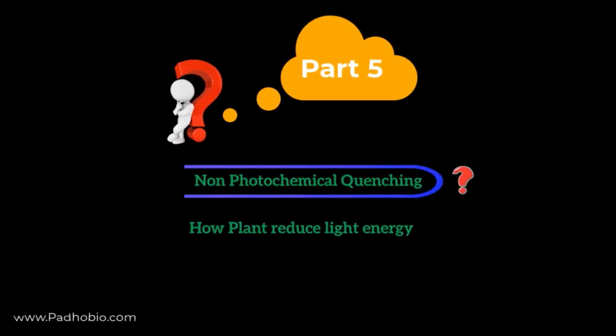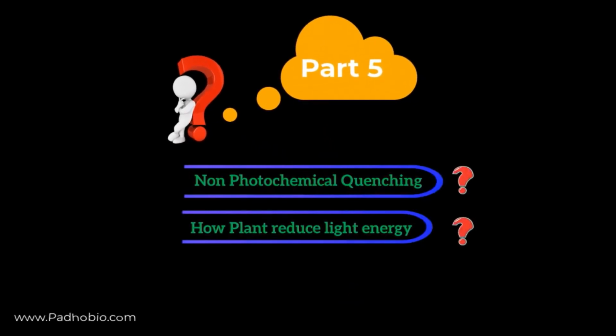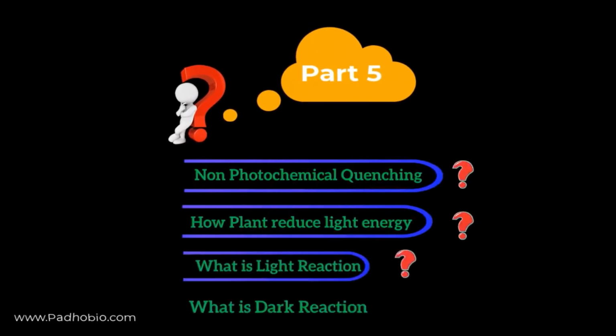So in the next part, we will discuss non-photochemical quenching, during summer how plants reduce light intensity, what is light reaction and dark reaction,